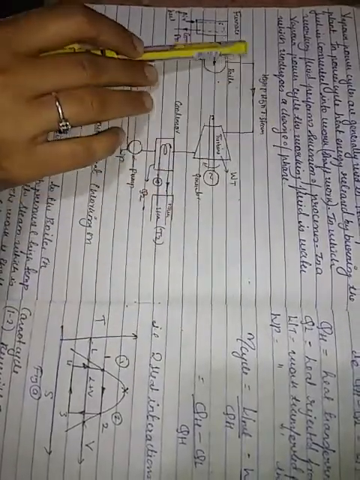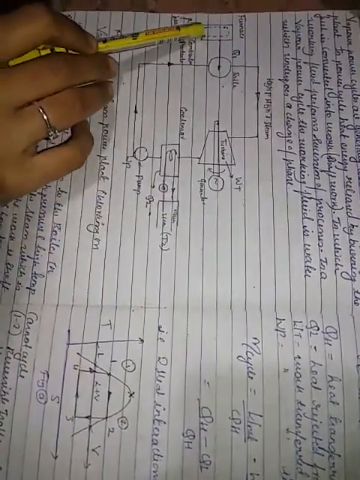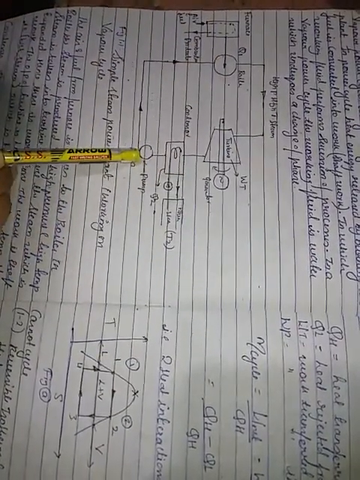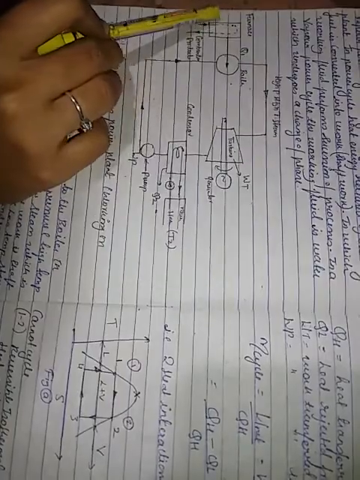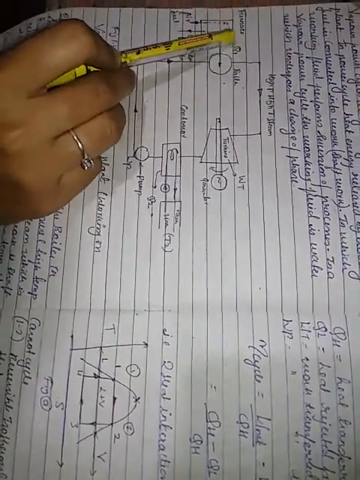Now you can see that I have a block diagram of a vapor power cycle or a steam turbine. Now see here, what is there? I have a furnace, a boiler, a turbine, a condenser, and a pump. Now what is a furnace? A furnace is a device that generates heat. Now this heat is taken into the boiler. Heat is supplied into the boiler.